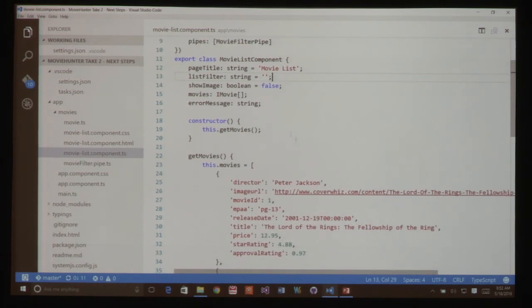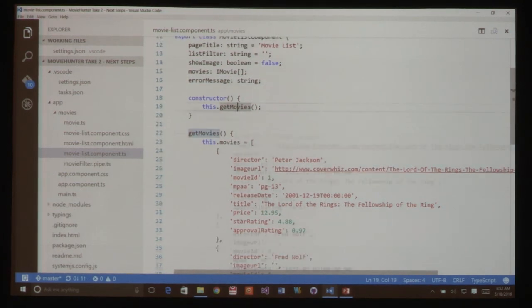Okay, so looking now at our class, we've got our page title. We've got the list filter that we're using for the two-way binding. It's initially going to start as empty. Here's the show image. That's defining whether or not we're showing the image. Here's our list of movies, which right now is hard-coded in here, and our error message. Here we have a constructor, and again, as .NET developers, we're familiar with constructors, where we're calling that getMovie.